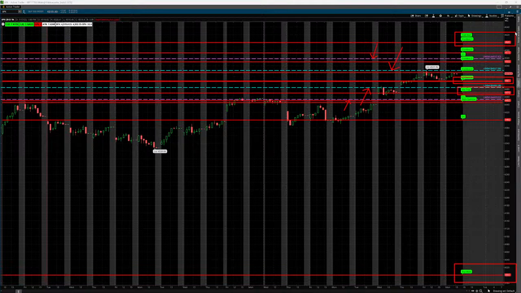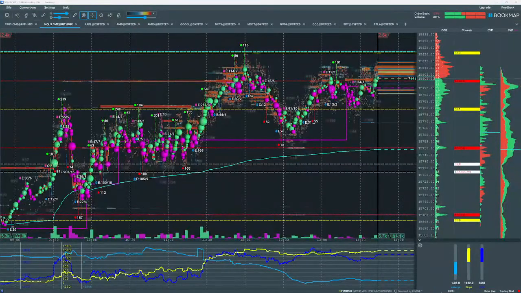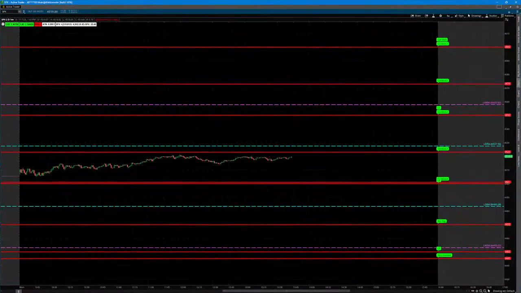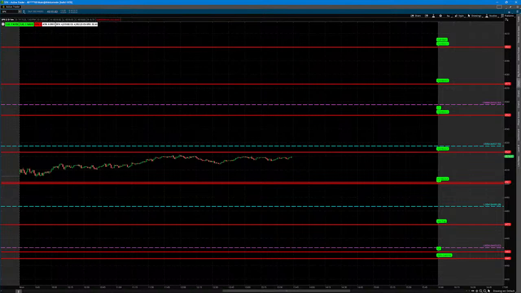So a significant shift in the call wall for SPX, shift higher, a bullish shift. All right, so those are the levels. This is a 30-day 1-hour chart, in case I didn't say that before. Let's take a look at a shorter term chart, just showing price and levels for SPX.